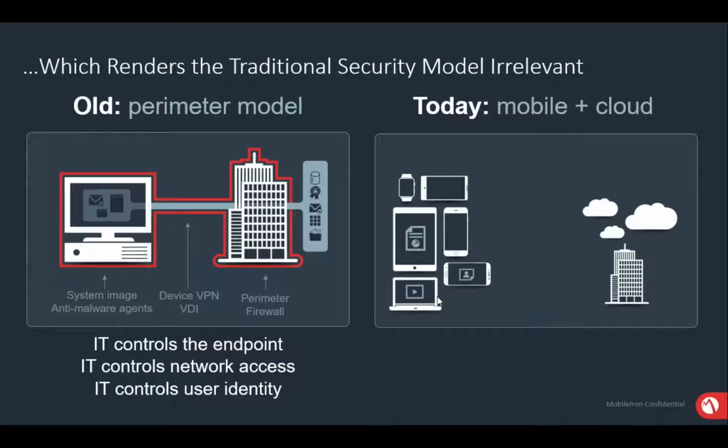So this is the idea of why people are moving to go for a UEM. Traditionally, everyone has their on-prem data center with their perimeter firewall, and if someone wanted to access their network resources or any corporate data, they needed to have a VPN configured, and through the VPN, they would connect internally to the servers and access their network.